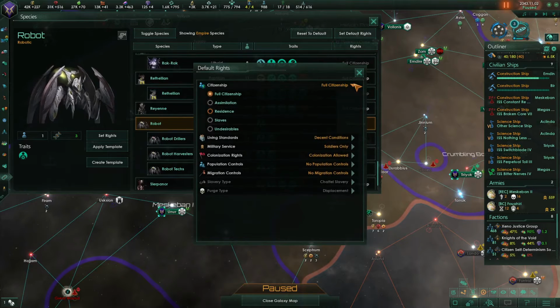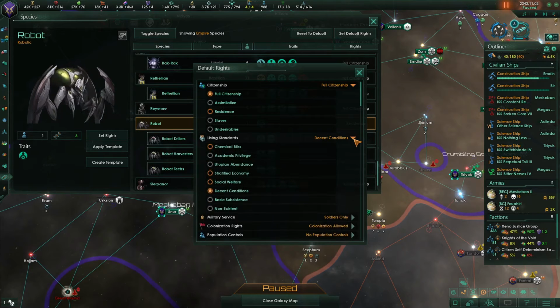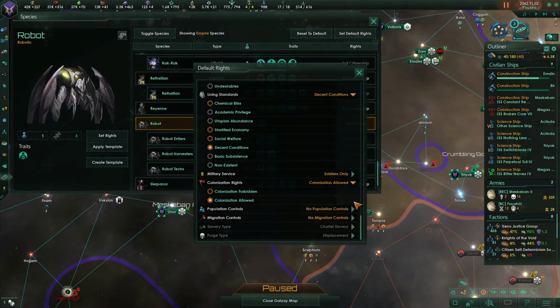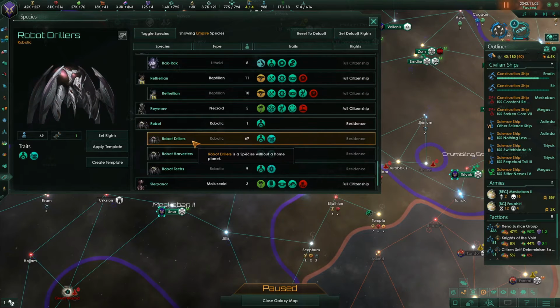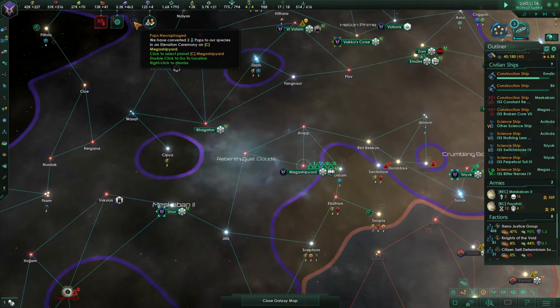Citizenship, full citizenship. Pops of the species are altered. Only organic hive mind species can be de-assimilated. Living standards, decent conditions. Okay. Colonization is allowed. We can colonize with those guys. Wow. Just want to make sure we don't run into a robot uprising, because that's...